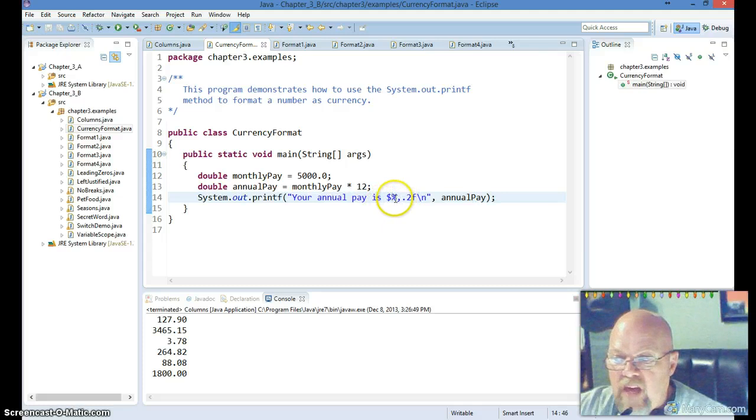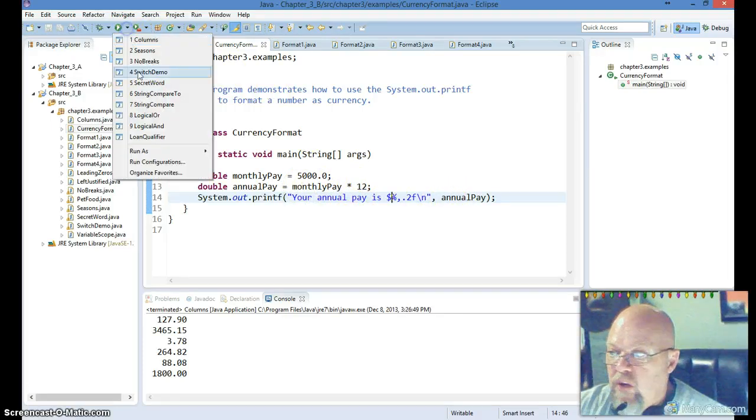Now we have a comma. That says this is going to make it into a comma thousand separator. So if we have 1,000, or 10,000, or 100,000, or a million, it's going to put commas in the proper spaces. So here I've got 5000.0. I take that, multiply it times 2, and then I'm going to go ahead and display it. So if I go ahead and run this,